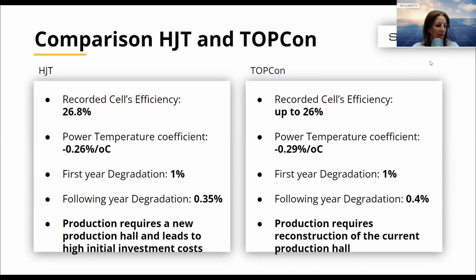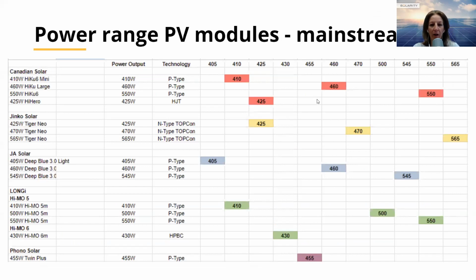And from now, we will slowly move to our portfolio, our mainstream. Here on the left side, you can see all our mainstream products, mainstream models we have in our portfolio. Those should always be available in our stock, and you can easily find them in our eShop. I would also like to mention the technology: P-type, N-type, Topcon. As you can see, P-type is in most of them. Jinko, we have available in N-type and P-type. We will see it later.